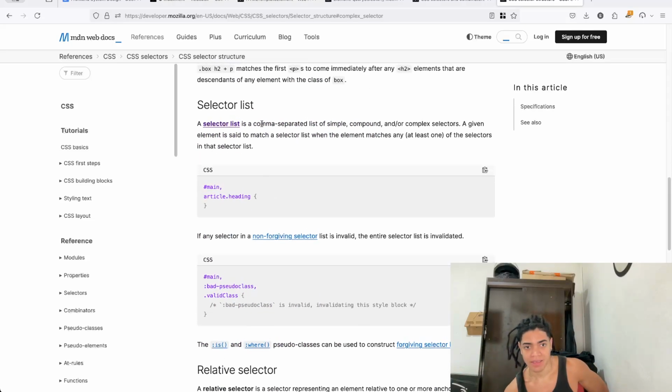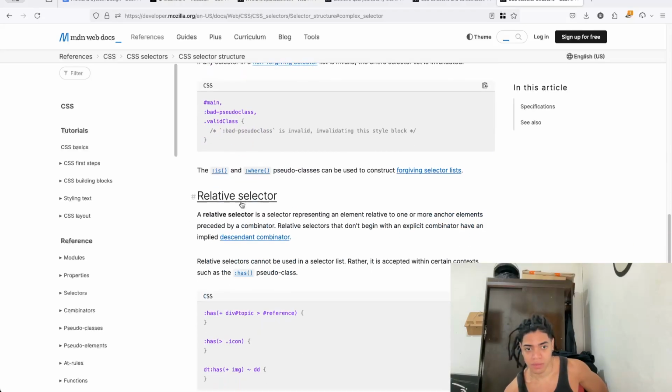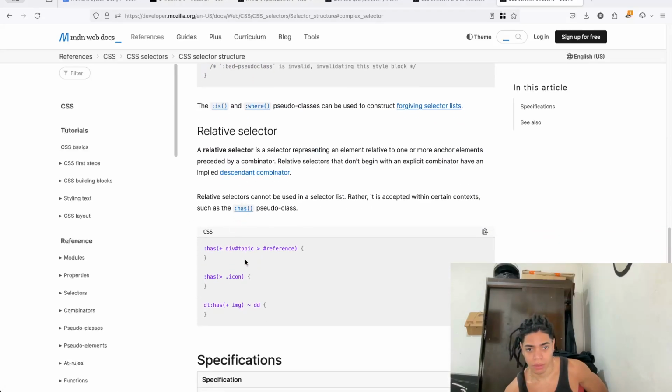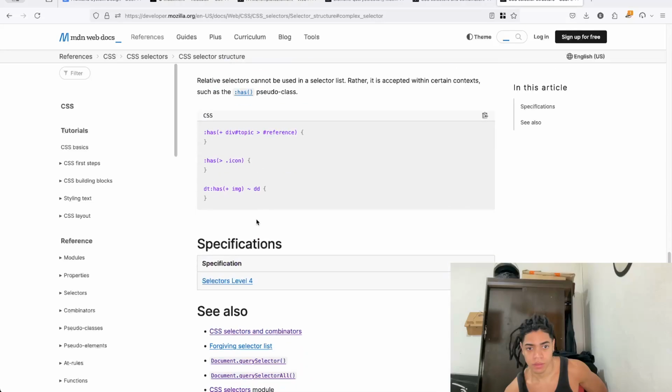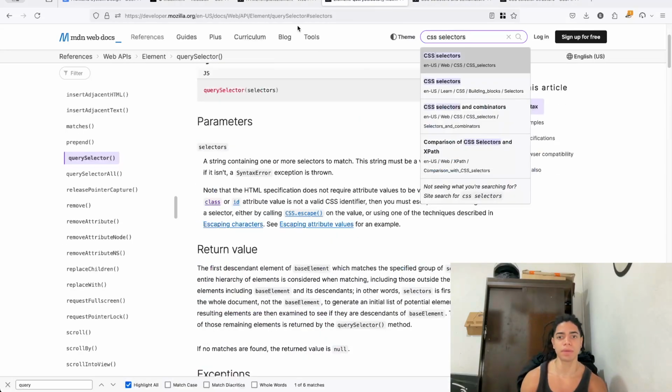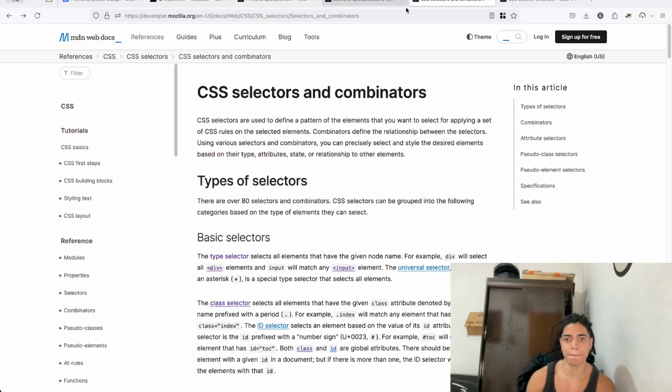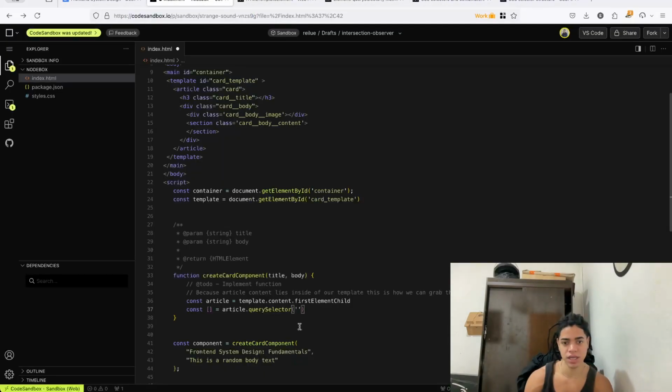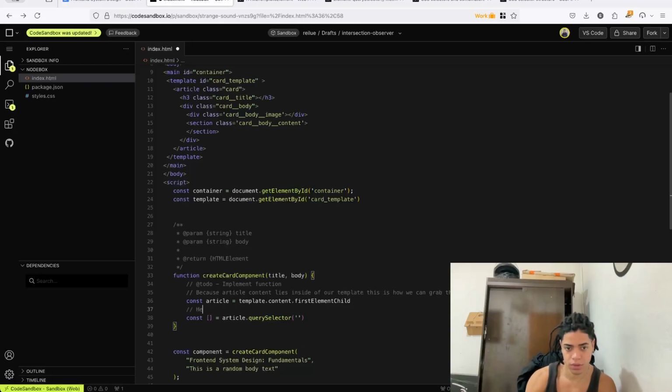Then the selector list, which is great, and the relative selector. The whole point of this is to slowly but surely make sense and understand how you can do this. So here is a reference to the CSS